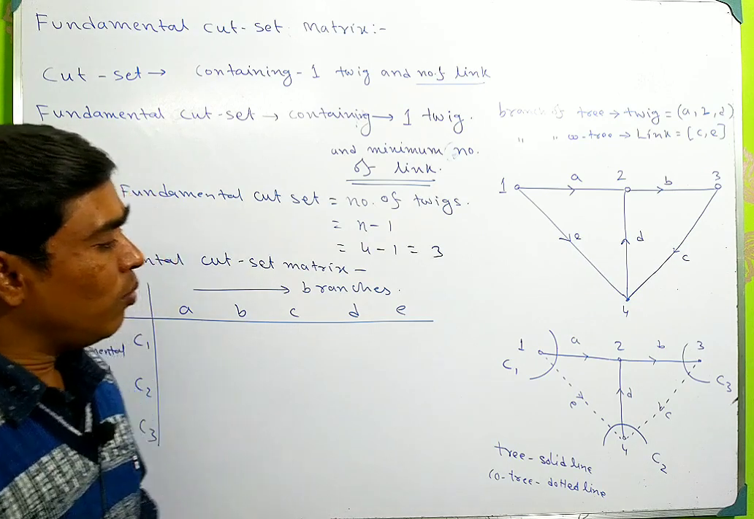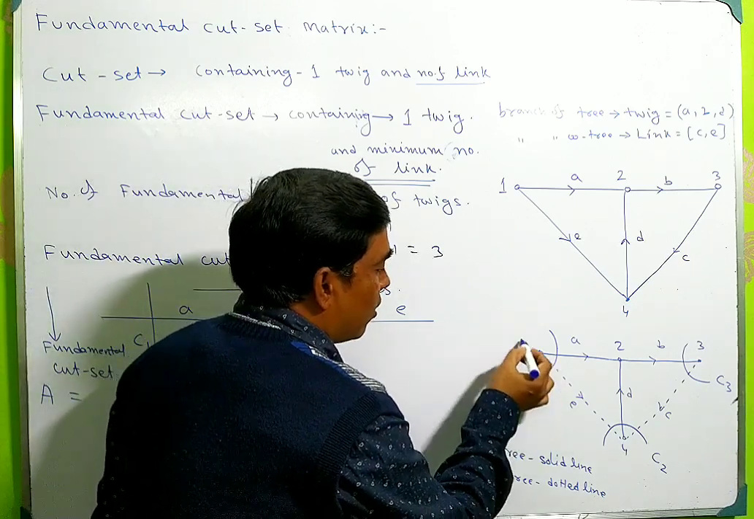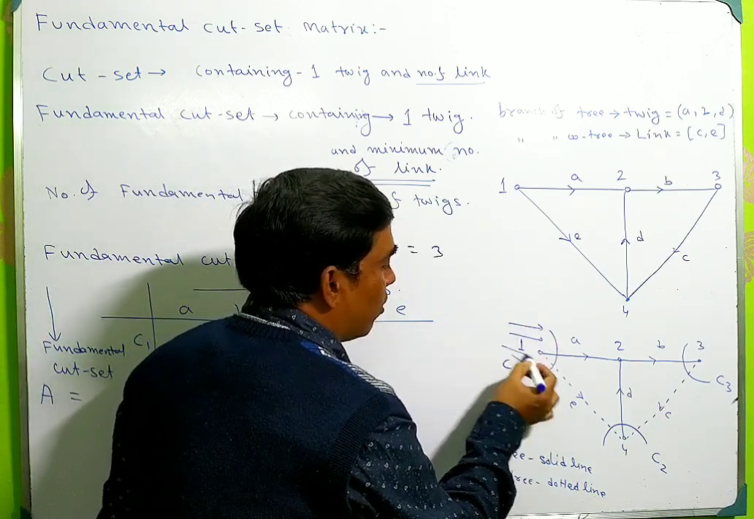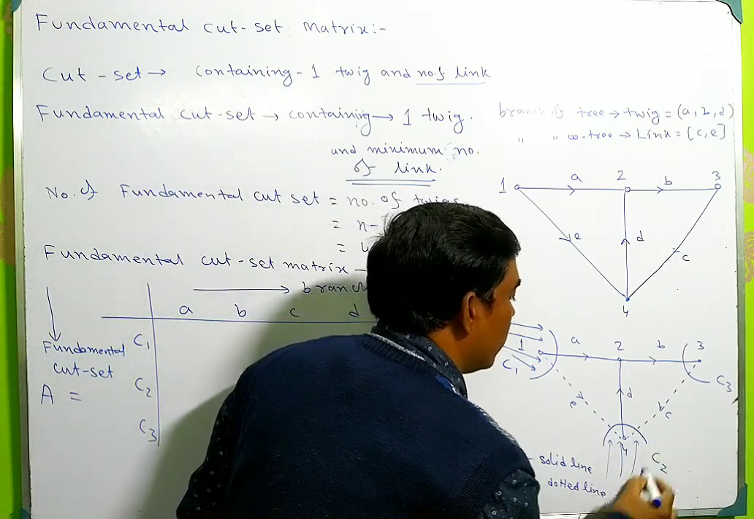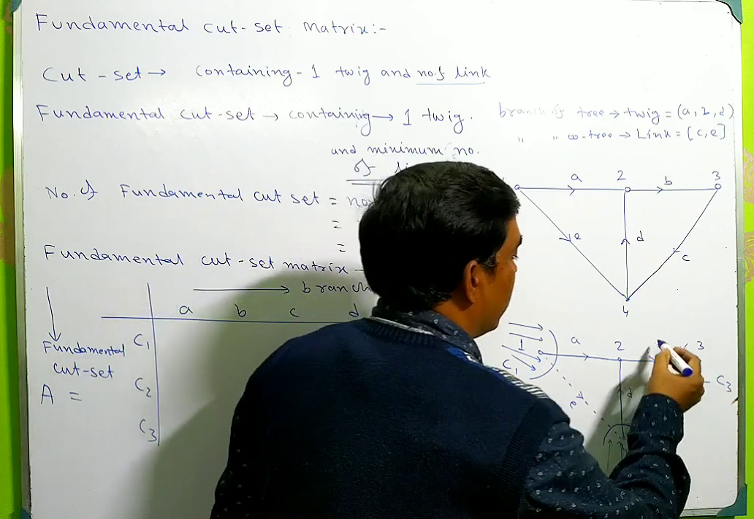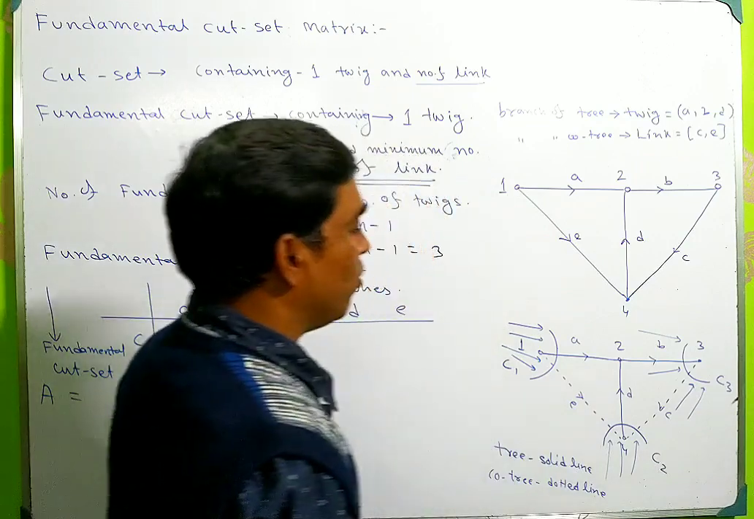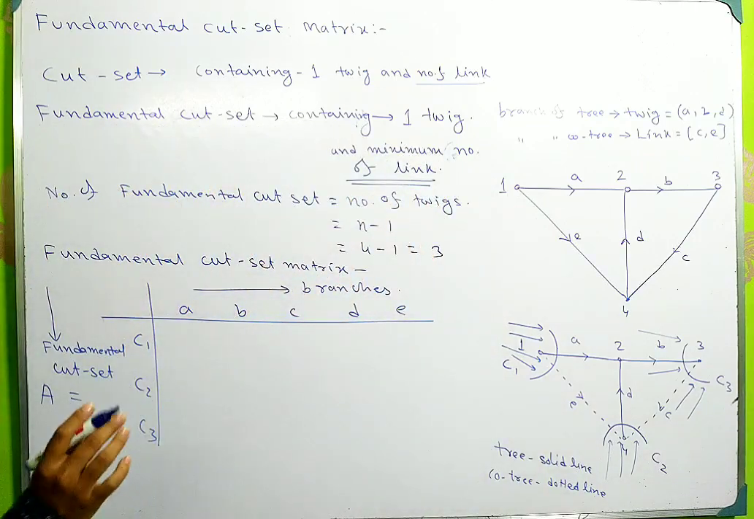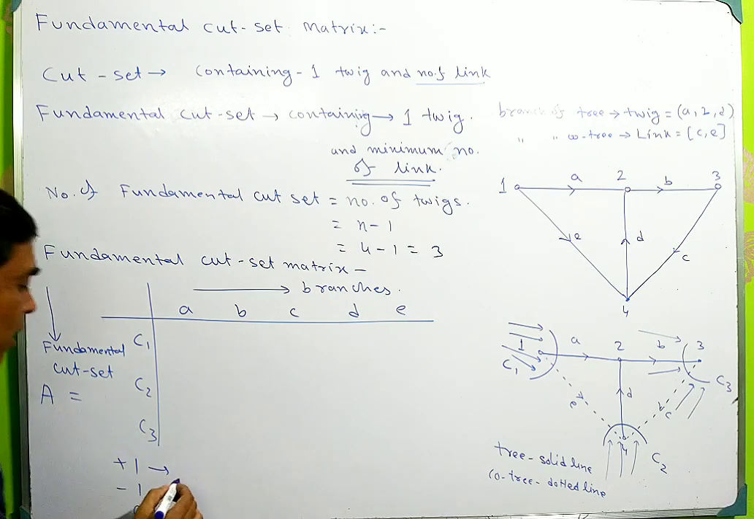Now we take the cut set in this direction. Suppose this is the direction of the cut set, in this direction, in this direction. In this case, the cut set is along this direction. Okay, so there are 3 entries coming: +1, -1 and 0. +1 means the orientation of the cut set